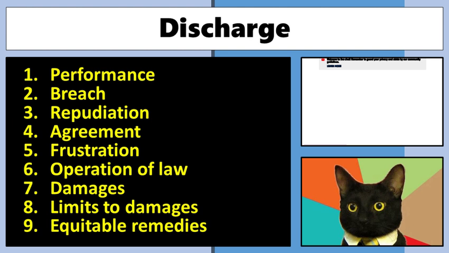Repudiation is a technical legal term to describe the situation where one side, sometimes both sides, but usually just one side, is demonstrating an unwillingness to perform. And it has its own section or its own sort of categories and rules that we have to talk about, because things become a little bit tricky. If you're, particularly if you've got long-standing contracts and you're doing lots of little bits of performance and you reach a certain point and realize that the other side's not doing what they said they're going to do.